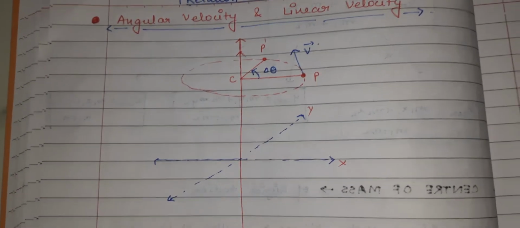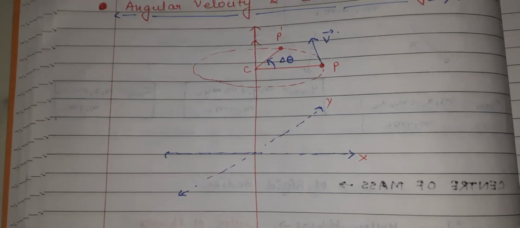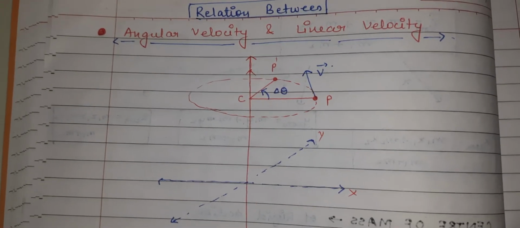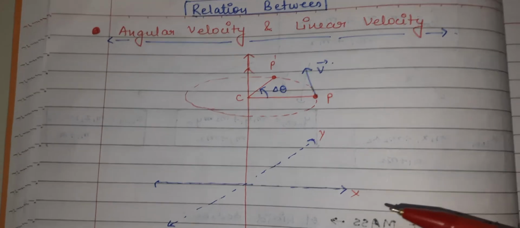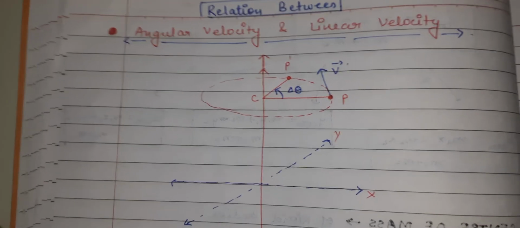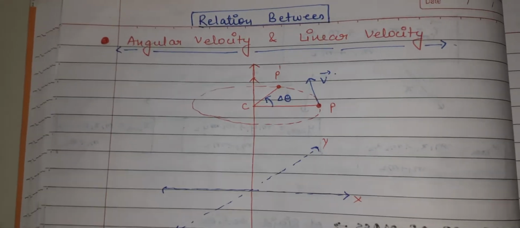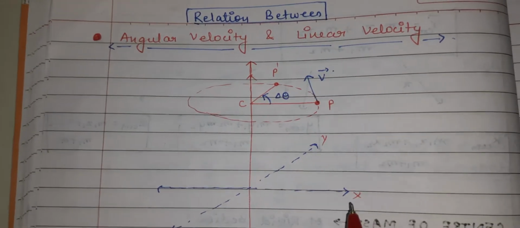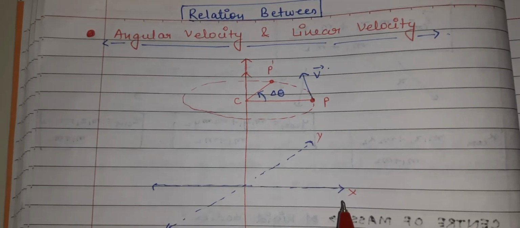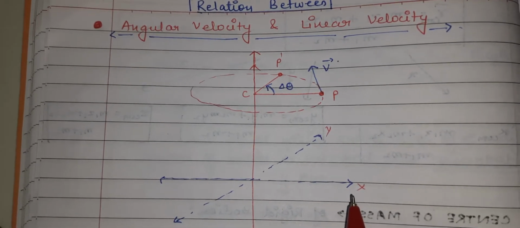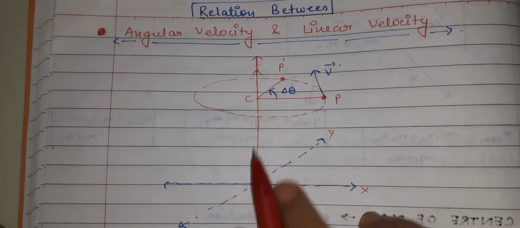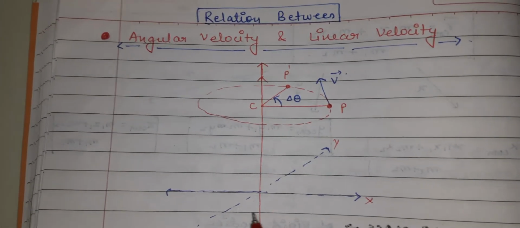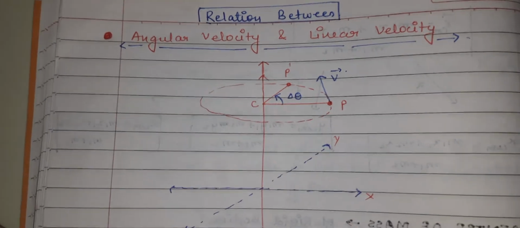I have taken a three coordinate system x, y and z. And we know that in pure rotation of a rigid body about a fixed axis, every particle of the body moves in a circle which lies in a plane perpendicular to the axis and has its center on the axis, which we have already discussed in the previous lectures. So now we have shown a rigid body in a plane, rotating about a fixed axis,